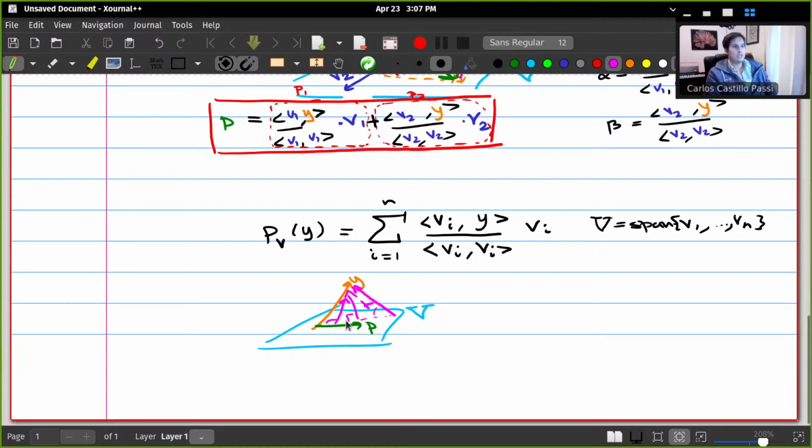So the minimum length can only be obtained when this vector R is orthogonal to the subspace. That means that this orthogonal projection